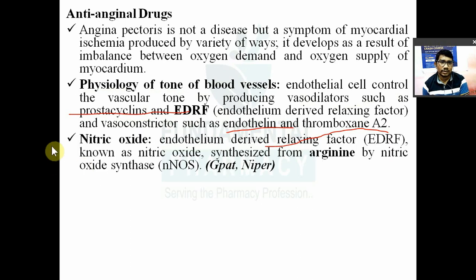Now nitric oxide, you know what it is: endothelium derived relaxing factor. A question has come on this. Now, from which amino acid is it synthesized? A question has come on this too. Nitric oxide is synthesized from the amino acid arginine by an enzyme known as nitric oxide synthetase, denoted as NOS. There was a question on nitric oxide synthetase in GPAT